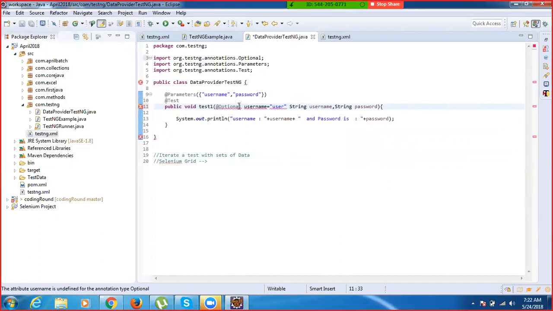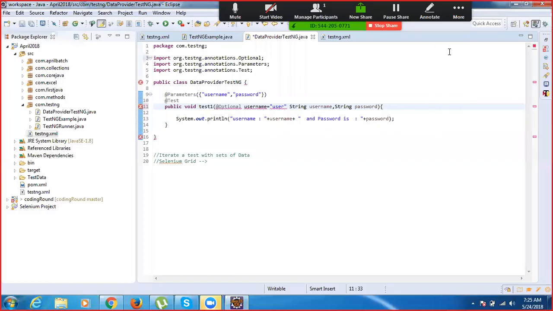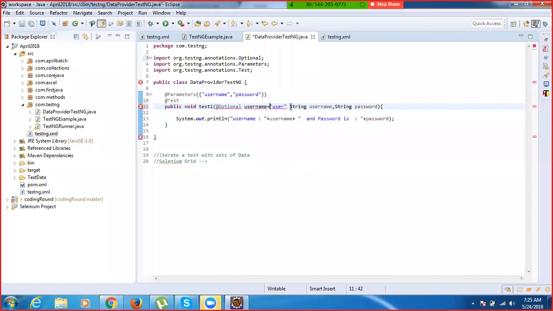Maybe I'm wrong here. Let's see. The optional value, then one second. Okay, so the syntax would be, you don't have to write it this way as you see. You need to provide this optional like this way. Okay, now it's working. User one,